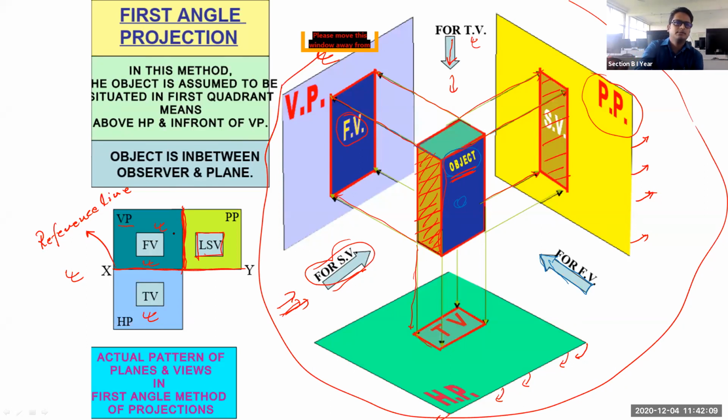Don't worry. When the object is placed in the first quadrant, what is the point to be noted? Keep this in your mind, because when I keep the object in the third quadrant, this orientation will change. So when the object is first kept in your first quadrant, what is to be noted, I will write here. Let me clear these annotations so that it will be more clearly visible.